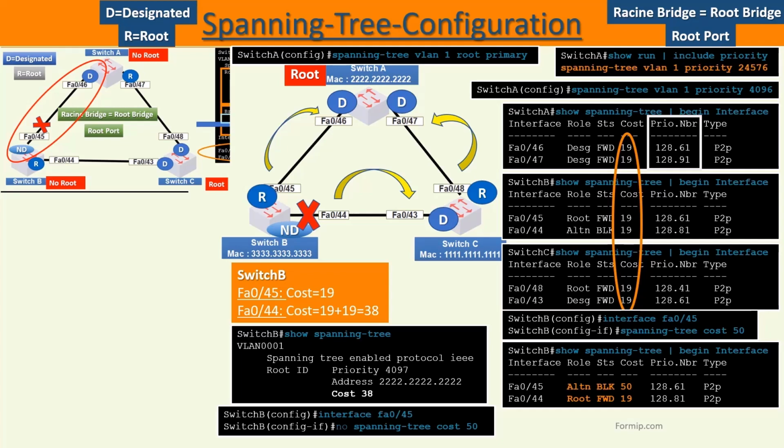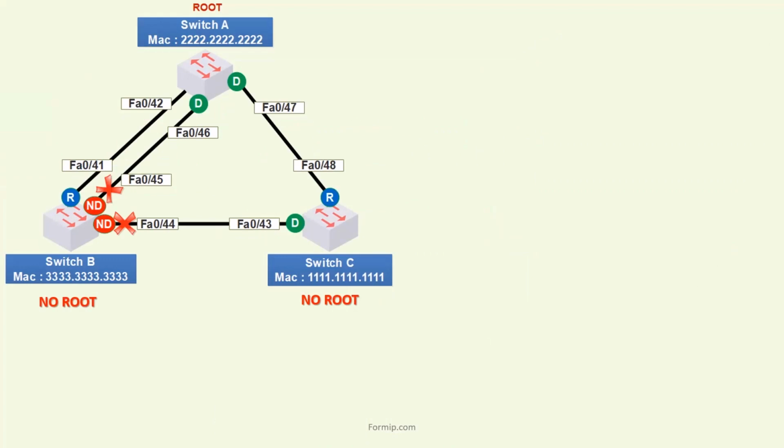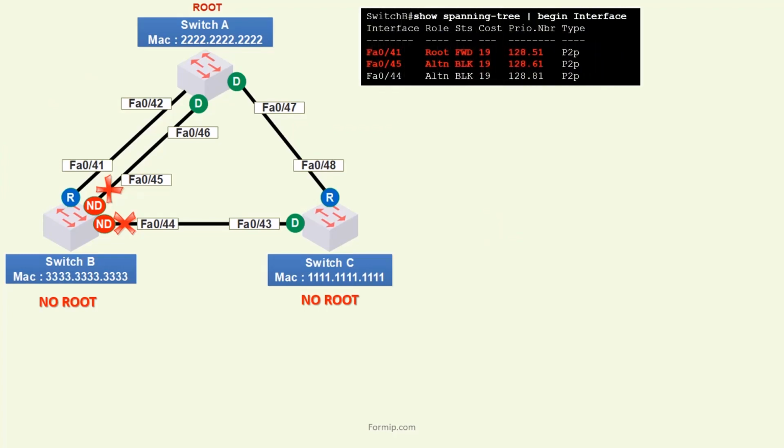We have just seen that it was possible to modify the original path by playing with the cost of the ports. We will now see that we can also influence the spanning tree by modifying the priority of the port. To see this in detail, we will add an additional link between switch A and B. If we do a show spanning-tree on switch B, we see that on this new link, port 41 has the role of root, and 45 is in a blocked